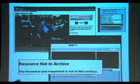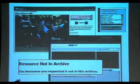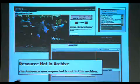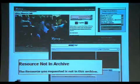Multiple captures over time provide the ability for researchers to track changes in content or to see what was updated on it. With more and more content moving online, we feel we have to take action to preserve this content, even if it isn't 100%. It's something. We don't have those boxes filled with papers in a basement to rely on. We feel future researchers will benefit from any attempt we make, even if it's imperfect. Just documenting what's going on in the industry is pretty important. But we, as Martha said and others today, we can't do it alone. We need help. We need more people to be willing to undertake